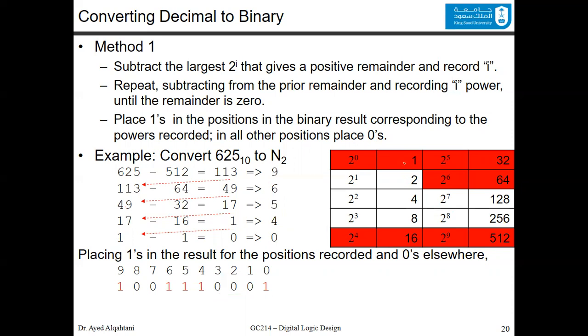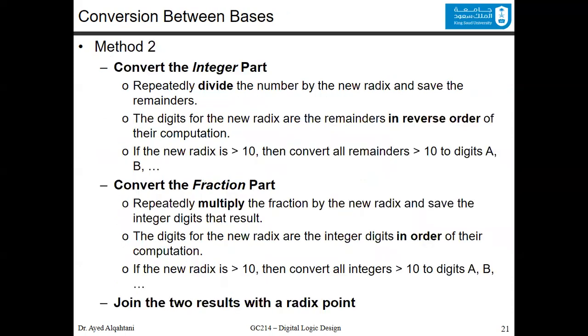You can see that the red boxes are the powers that were recorded here. That's the first method. So to summarize this method, or to give it a name, we repeat subtracting the largest power of 2. Or simply you could say repeated subtraction. That's the first method. The second method,